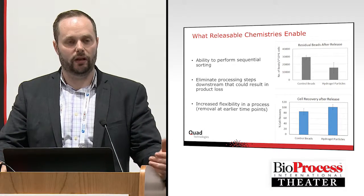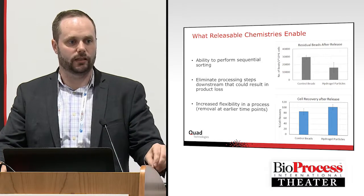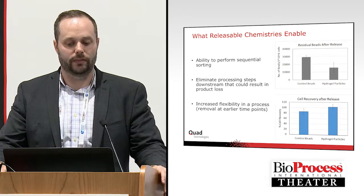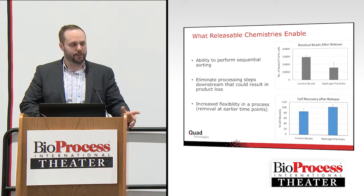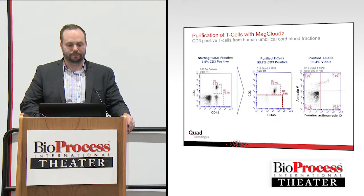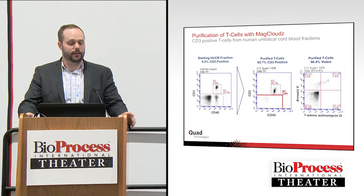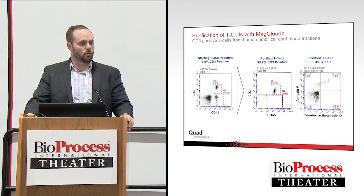Now, in addition to that, we allow for even more flexibility in sorting. The ability to positively select subsets of T cells within process allows you to really develop workflows that are much more robust, and that really can't be done today with conventional magnetic bead technologies. So let me show you some data that we've gotten for cell separation. Within cell separation, we've been focusing pretty exclusively on CAR-T and TCR, and so we wanted to start off with T cells and purifying T cells. As a great surrogate for a lymphodepleted patient, we actually sourced umbilical cord blood